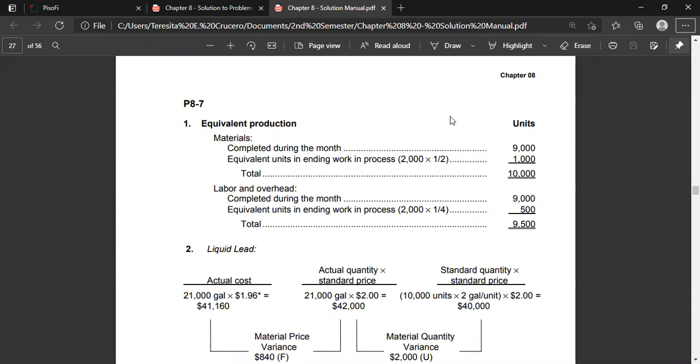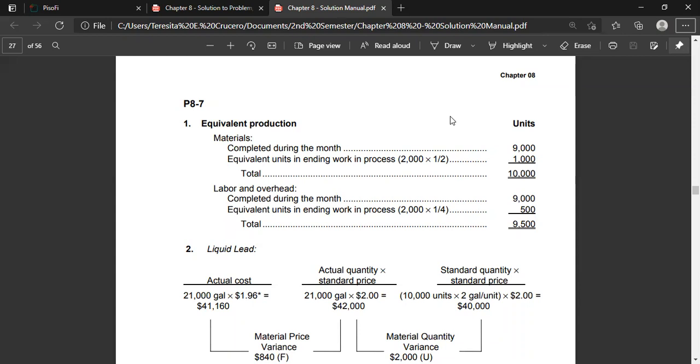Now let's take up 8-7, P 8-7, Materials and Labor Variances Analysis. The requirements of the problem, number 1: calculate equivalent production for materials, labor, and overhead. Be sure to refer to the standard cost summary to help determine the percentage of materials in ending work in process. So we are now given the standard cost summary on page